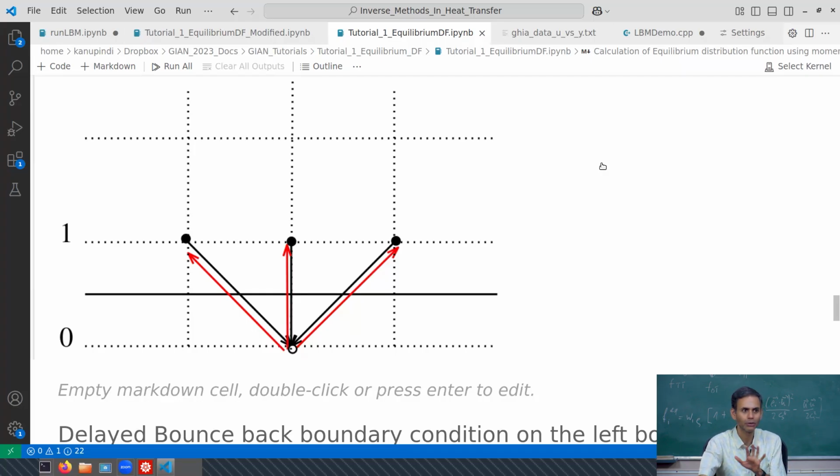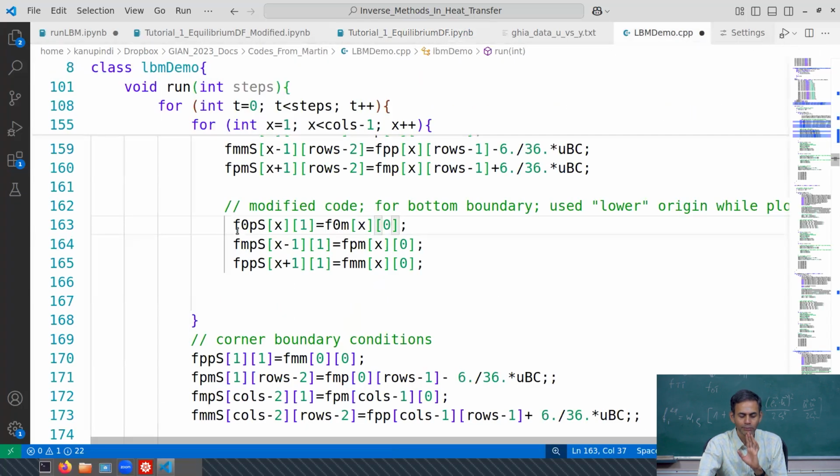Fine, people are able to follow. All right, so that's for the bottom boundary. As you can see, I have 0 minus 1, plus 1 minus 1, minus 1 minus 1 at 0, 0, 0. That is whatever links are going out. We are updating it to be 1, 1, 1. And then as you can see, because I have drawn